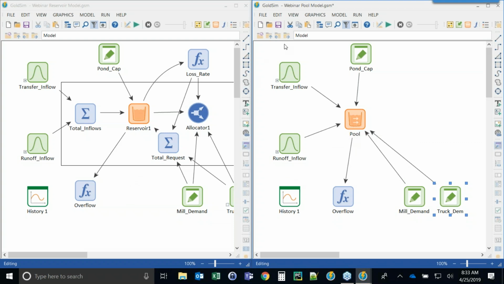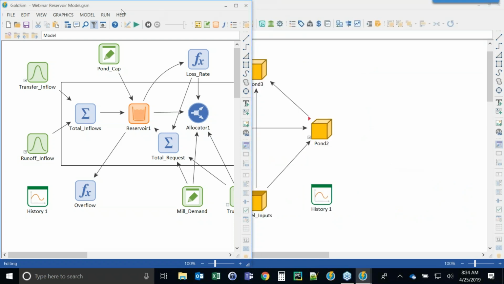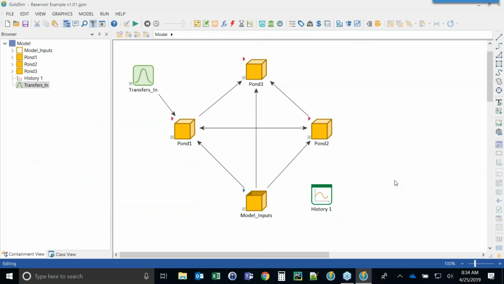Now what I'm going to do is show you more of a realistic model, something that you might see in a real project. So I'm going to go ahead and close these, and like I said, I'll make these available for downloading after the presentation. So here is a model that I've created, but it really is based on, in fact, just recently some models that I've seen from some users, and so it's pretty realistic for what you might see in yours. What we have here are 3 ponds, and this first pond, the way that it works